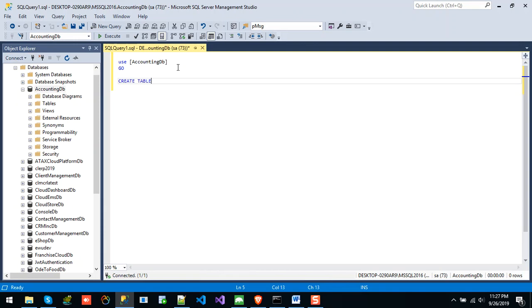Create table user role, id integer, integer primary key, identity 1 1, comma, role name